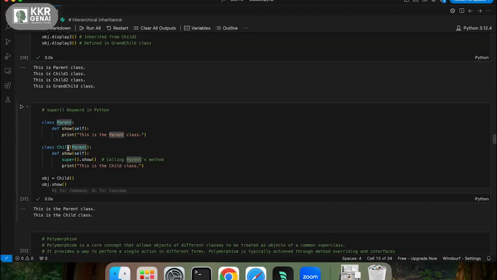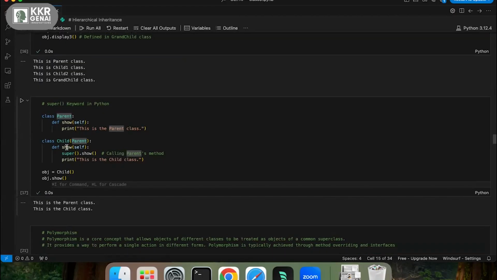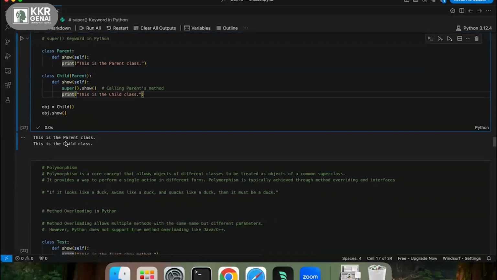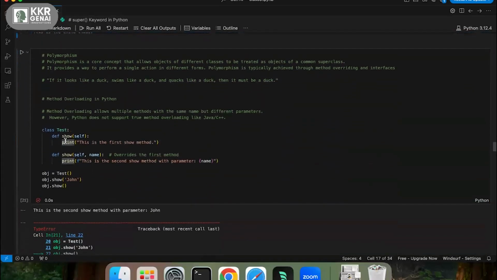I'll talk about that in a while, but if in the child method I want to access the parent class methods, I can do that using the super keyword, and I can also access parent level variables. If I have the same variables in both classes, I can access the parent class variables with the super keyword. And what is polymorphism?